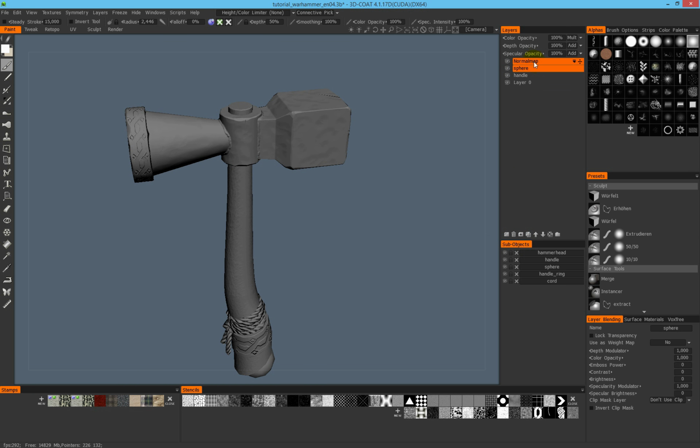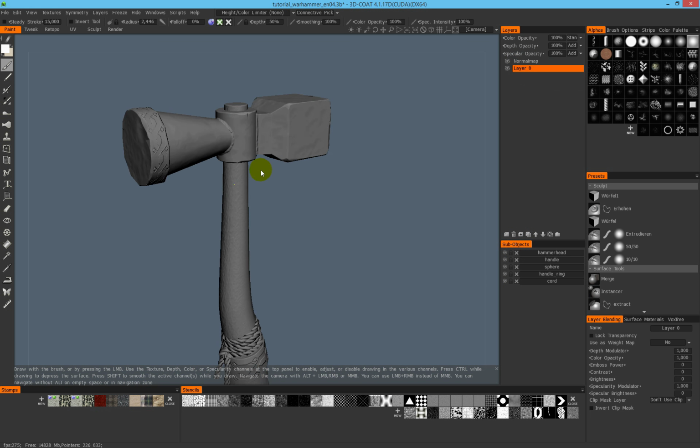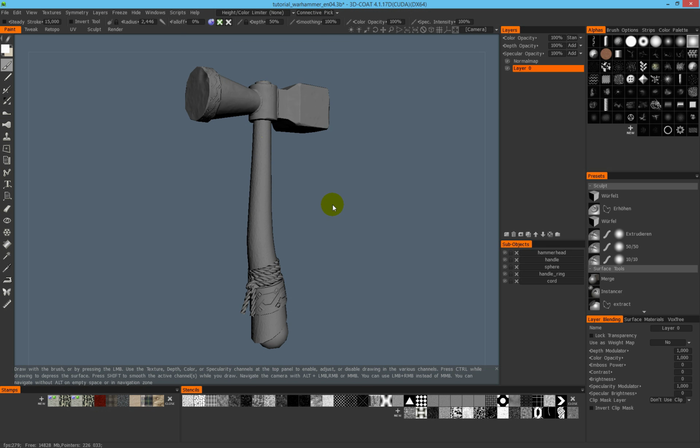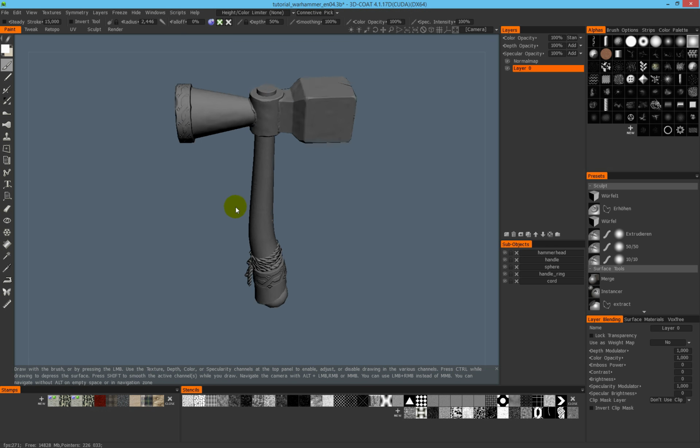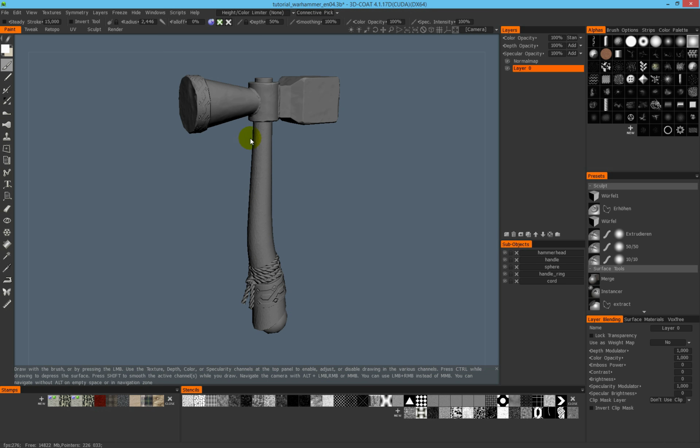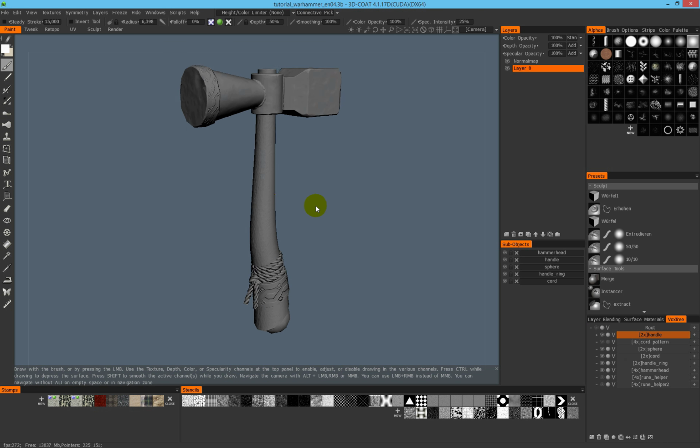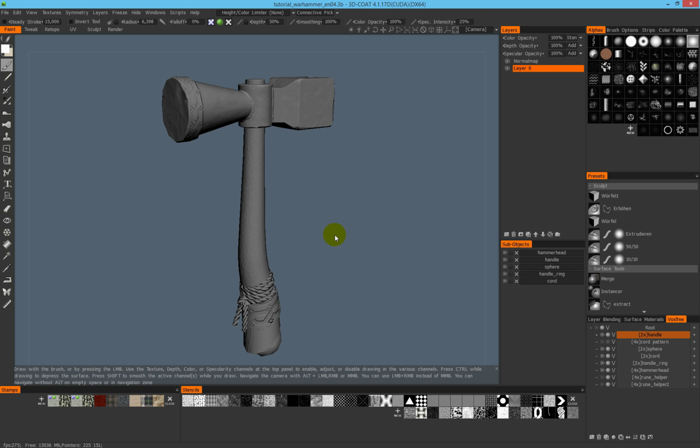Very important, don't delete the normal map, because then you have no normal maps. So great, I delete them, and now we have the basics, the template for our painting. We have a very nice result and a very nice template for painting texture information on our hammer, and I will